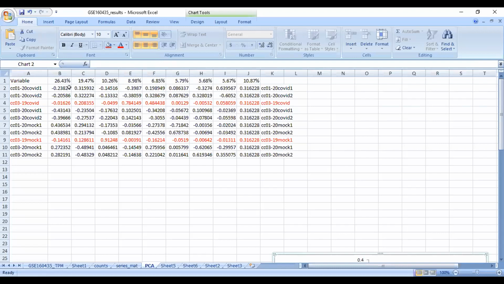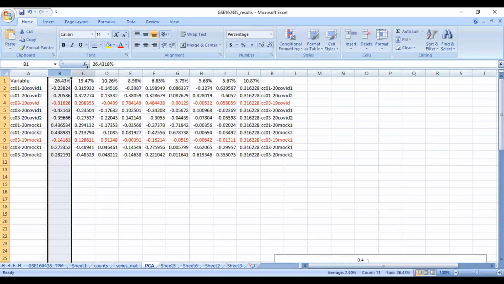This percentage represents the variability represented by each component. Here each feature, feature 1, feature 2, feature 3, these are the new features we have obtained from the PCA, and these features are known as principal components. What does a principal component do? It compresses your data, your gene expressions or genes, into new features. For example, initially we have nearly 60,000 features, and it compressed those 60,000 features to generate these 9 or 10 new features.